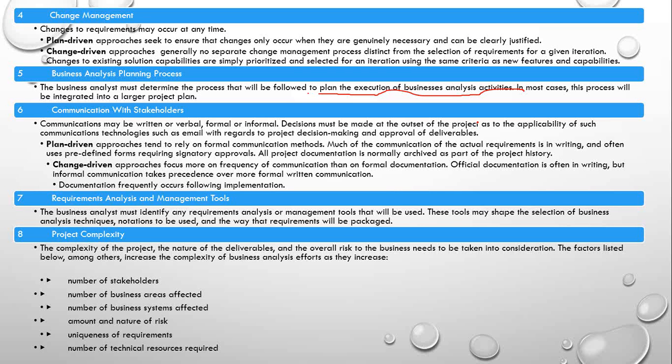Project complexity. The complexity of the project, the nature of the deliverables, and the overall risk to the business need to be taken into consideration. The factors listed below, among others, increase the complexity of business analysis effort as they increase. What are the things part of it? Number of stakeholders. So see, the project complexity is very important to understand. And why is that? Because that's how you are going to assess the risk of the project. So what are the factors which can add up to the project complexity? Number of stakeholders, number of business areas affected, number of business systems affected, amount and nature of risk,